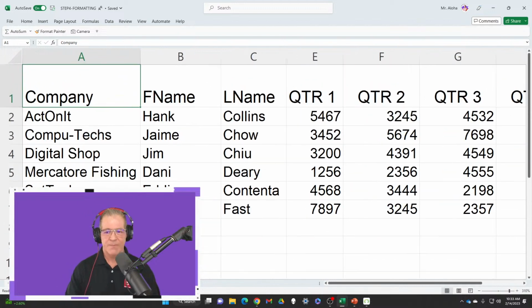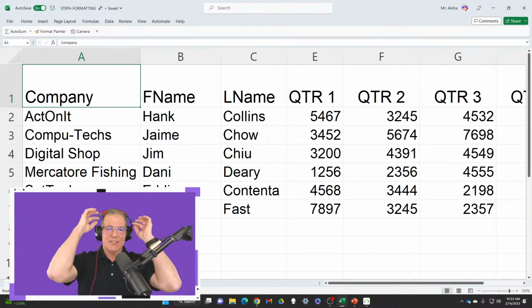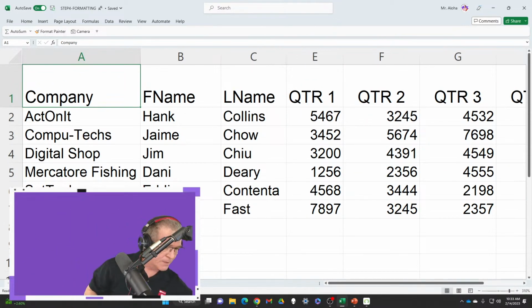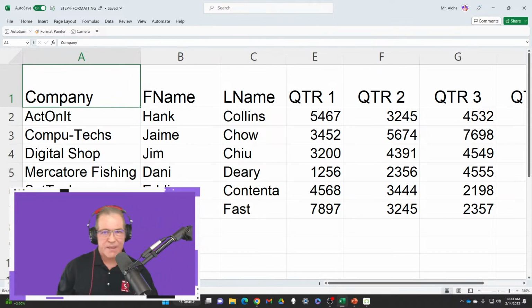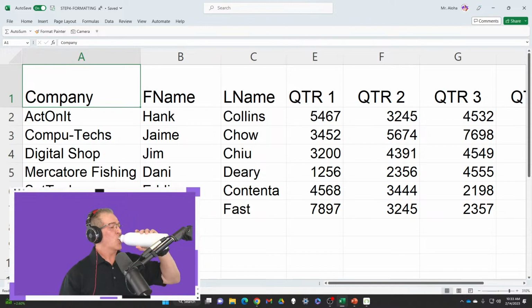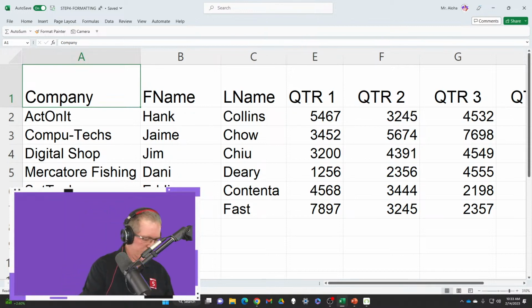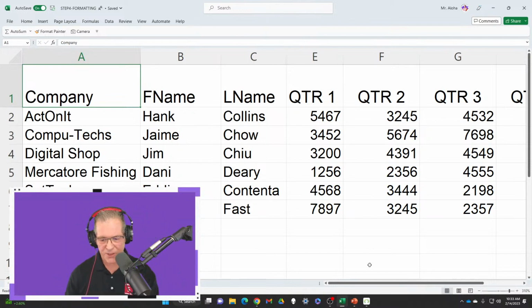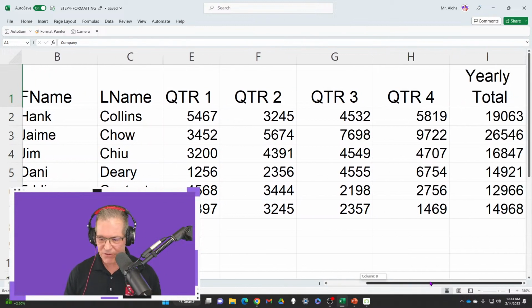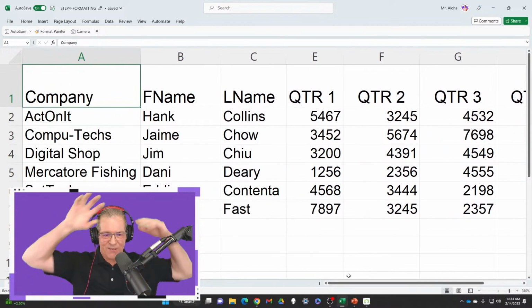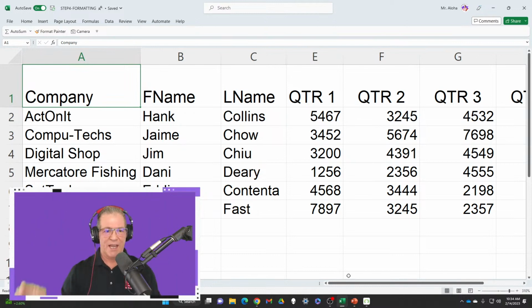Take a look here. Let's say that I got this spreadsheet I opened up and I'm looking at it, I'm going, whoa. There's a whole lot of data over here. Well, it's not a lot of data, but it's kind of spread out. So what I'm going to do is